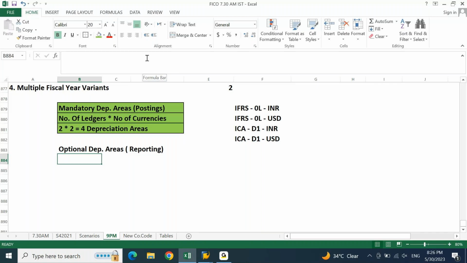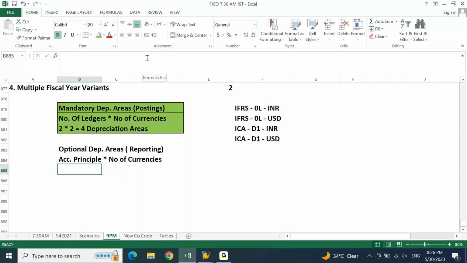Let's say this is straightforward. Yes, I'll put accounting principle multiplied by number of currencies. This is your accounting principle multiplied by number of currencies.